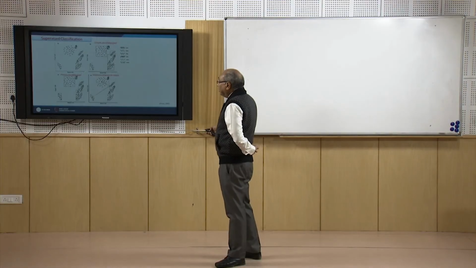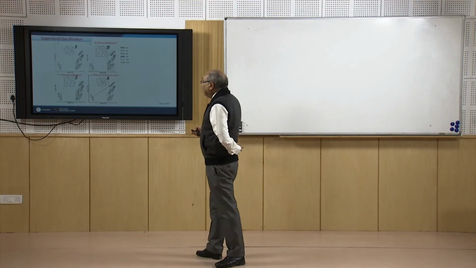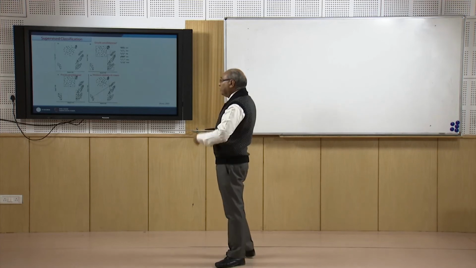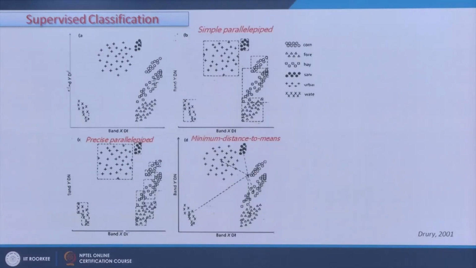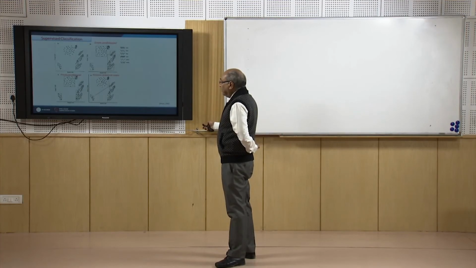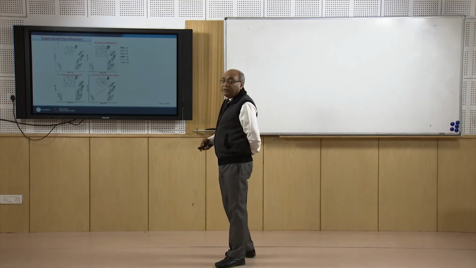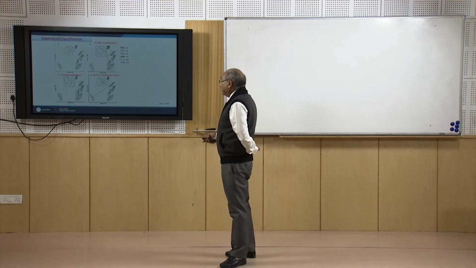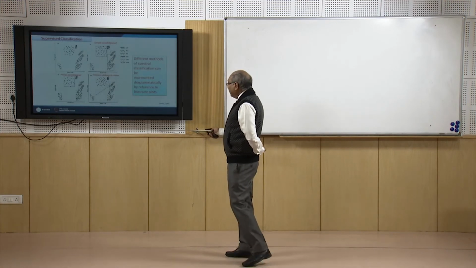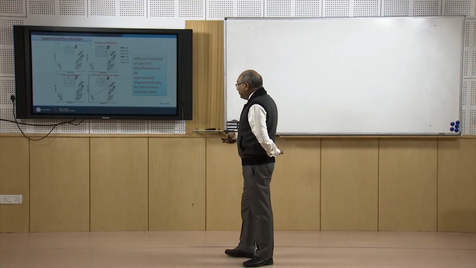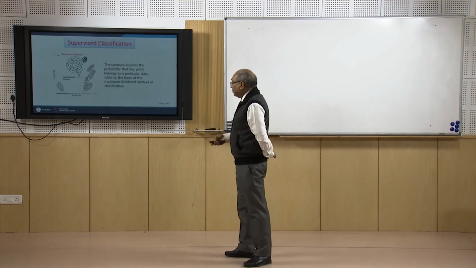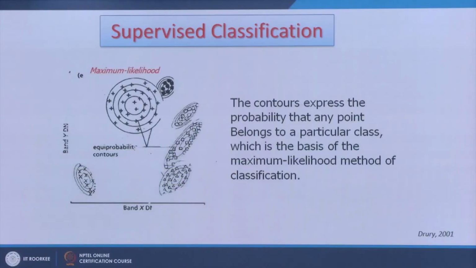but if I draw a circle or use maximum likelihood, then I will have an altogether different result, and therefore there will be some difference in the results. More precise, instead of simple parallelepiped classification where only rectangles or squares are drawn, I can draw other types of boundaries and have a more precise parallelepiped based classification. So different methods of spectral classification can be represented diagrammatically, as I have just shown, and another one is maximum likelihood